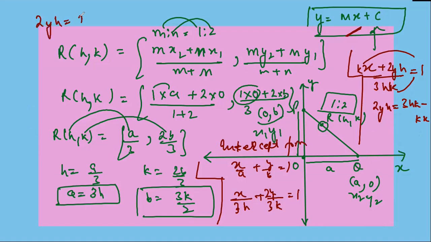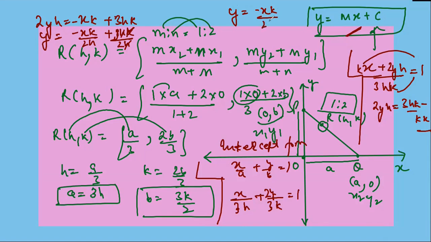2yh equals minus xk plus 3hk, because this is minus and this is positive, so I'm just swapping their positions with the signs. So y equals minus xk over 2h plus 3hk over 2h. In 3hk over 2h, h cancels with h and nothing else. So the equation becomes y equals minus xk over 2h plus 3k over 2. So this is the final value. And if you compare this